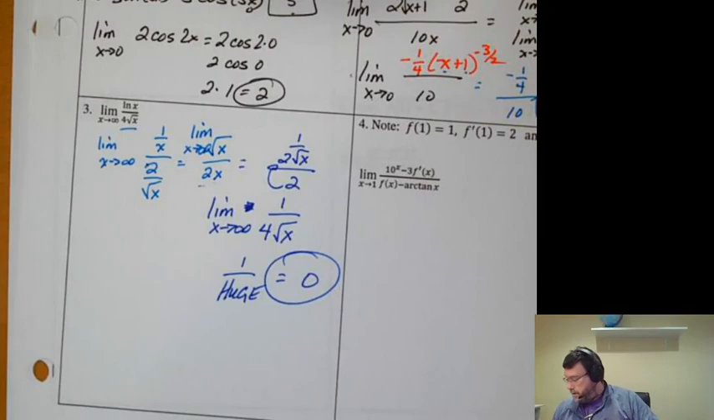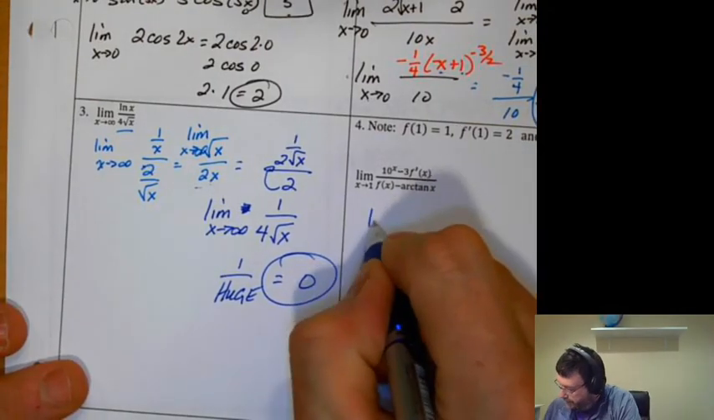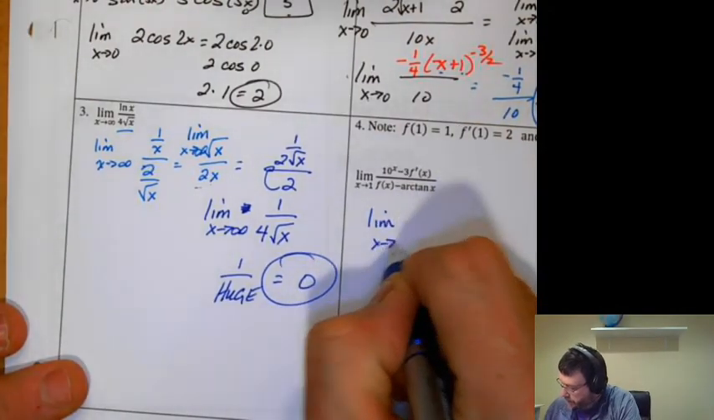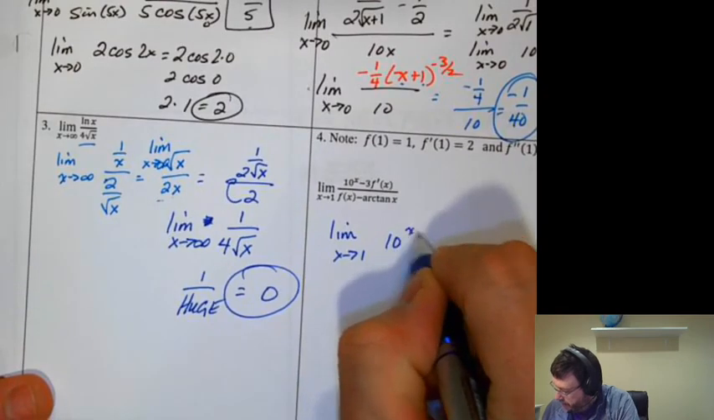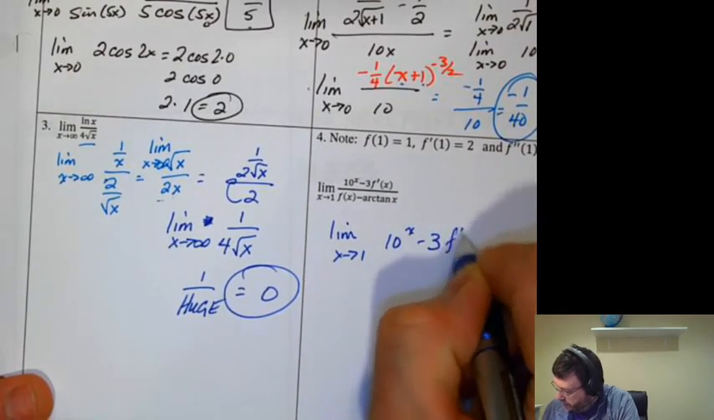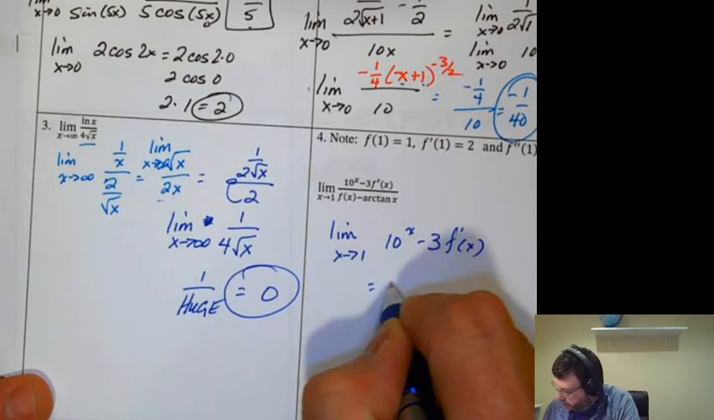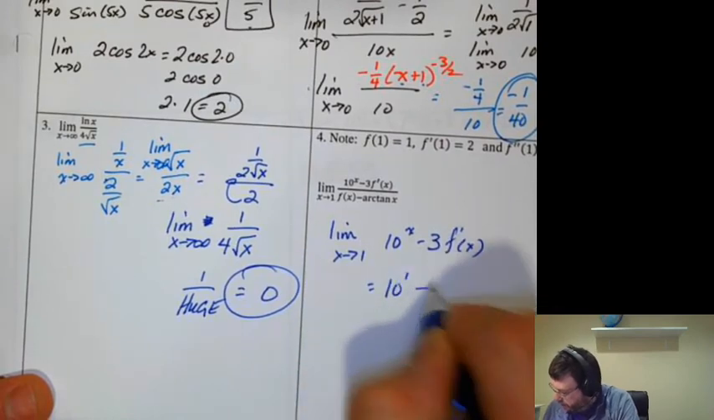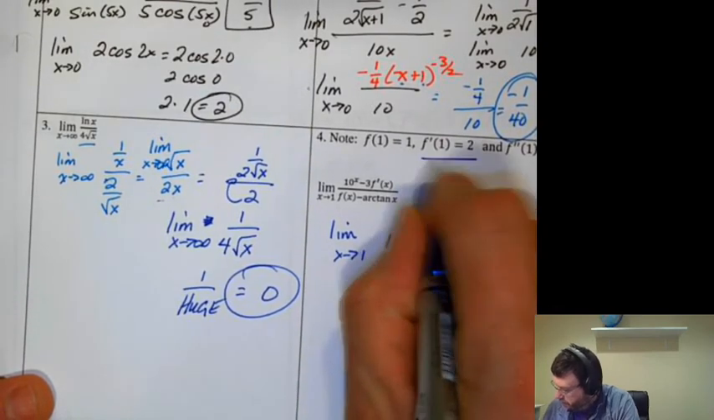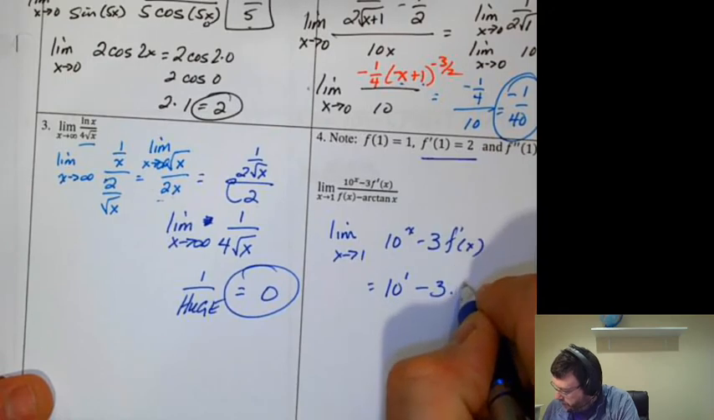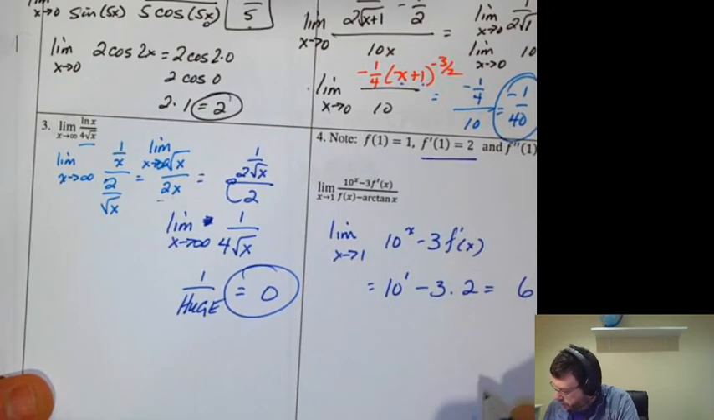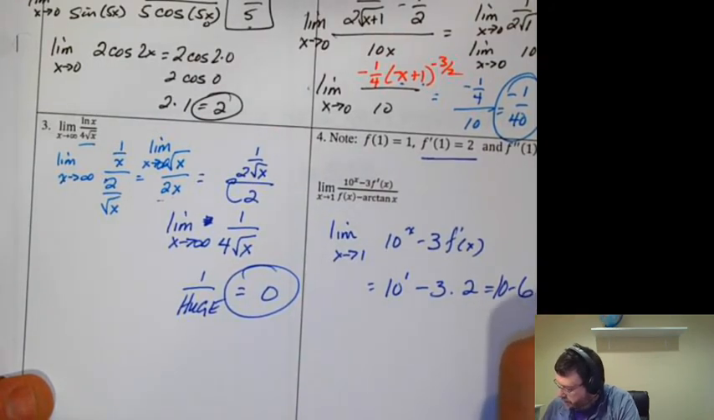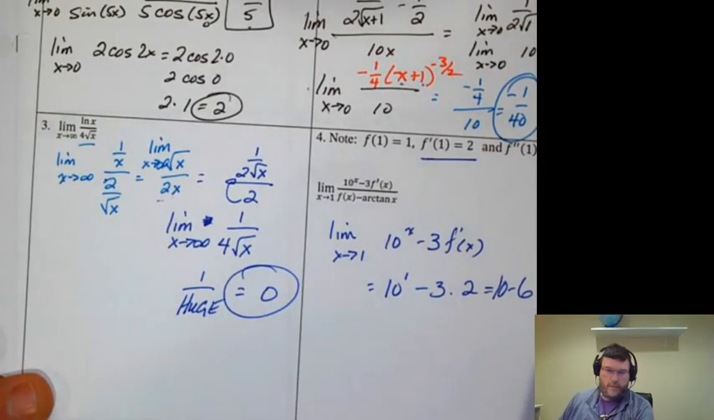Okay. All right, so let's take a look at this one. Limit as x approaches 1 of 10 to the x minus 3 f prime of x, which is going to be 10 to the first minus 3 times f of the first, which is going to be 2. Oh, that's 6. Excuse me, 10 minus 6, which is 4. So the numerator is going to be 4. L'Hopital's rule does not